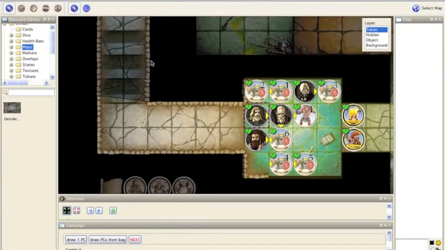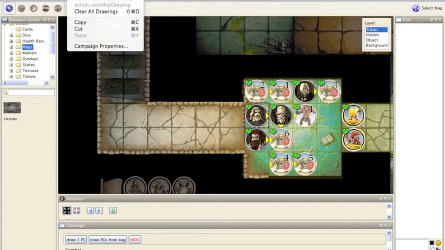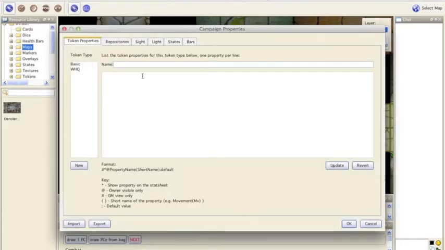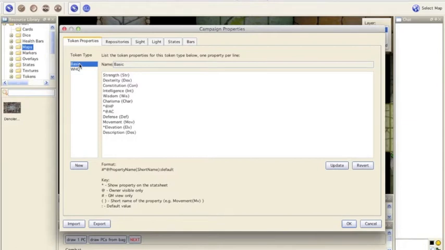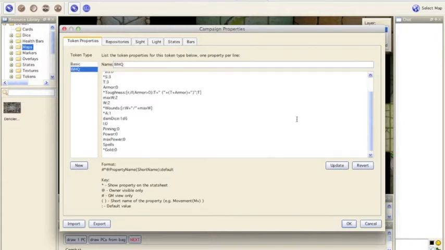So let's open up, as you all know, the campaign properties. These are the most important thing. In basic we have the basic. These are the ones that are original inside MapTool. So these are not done anything about. So we go to Warhammer Quest,